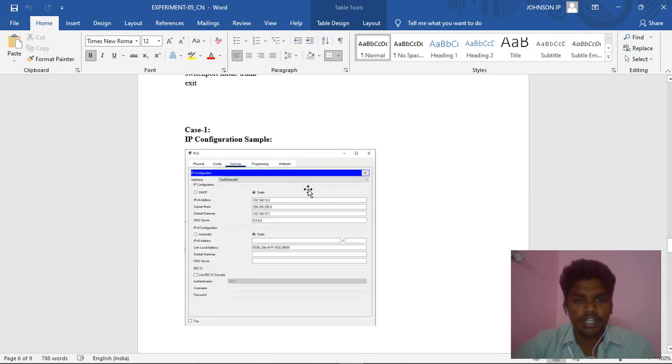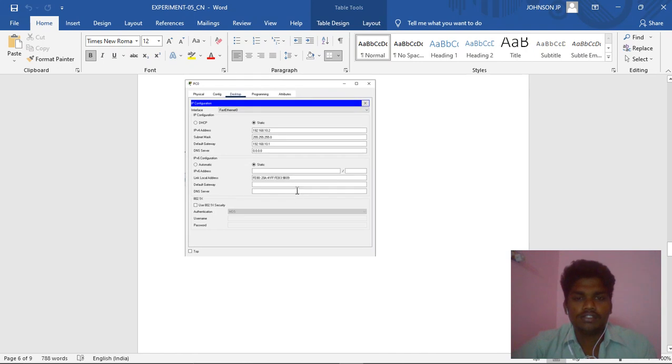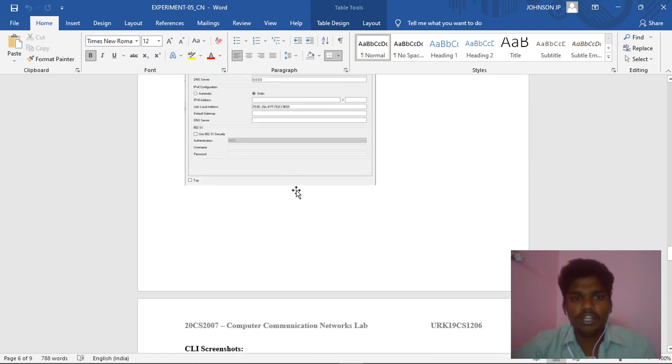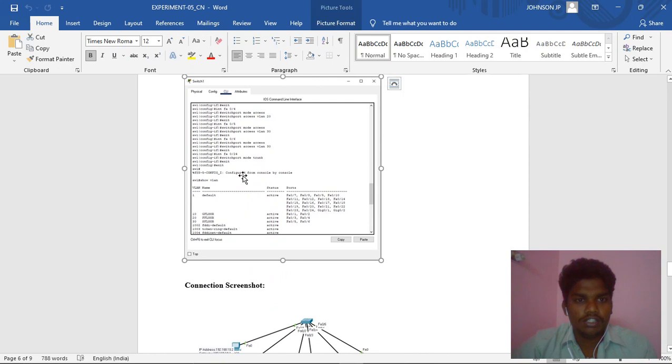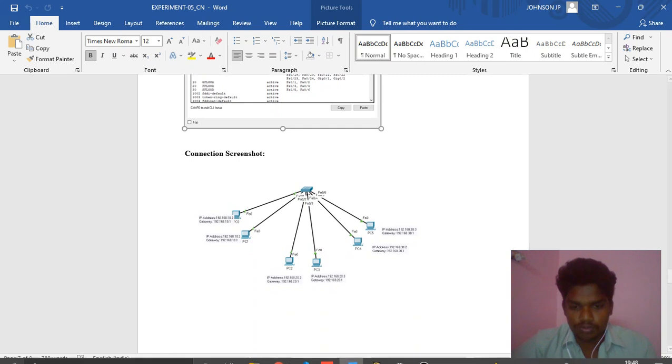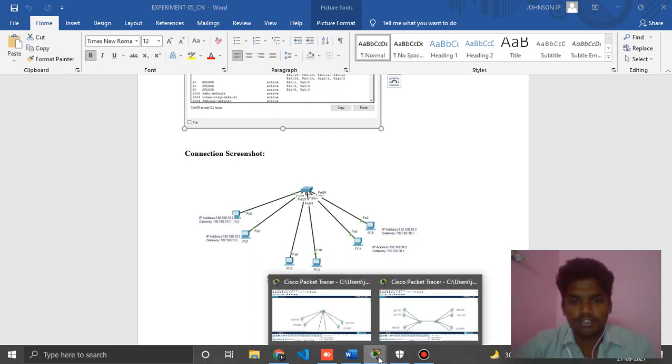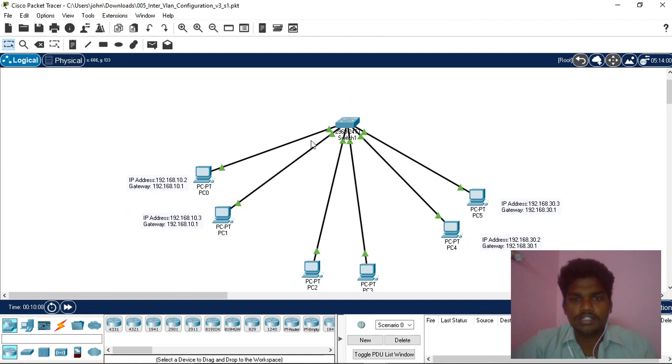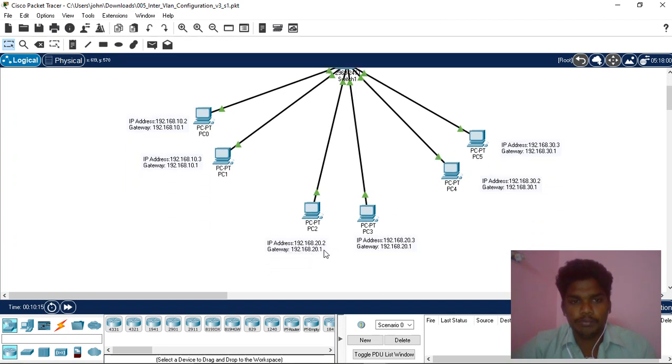Case 1. So we create an IP address and the gateway. So we pass the data through the gateway. So for that we will create a LAN and connect the, so for this there is one switch. According to the switch you create a gateway called 1, and here we have 20.2 and 20.1 and 30.1. The same way, the IP address also differs for the PCs, but the gateway is common for both computers. There is one gateway.